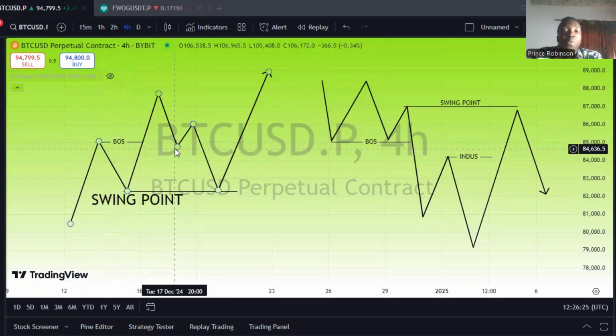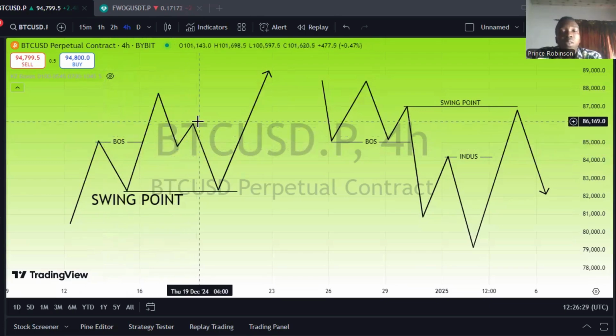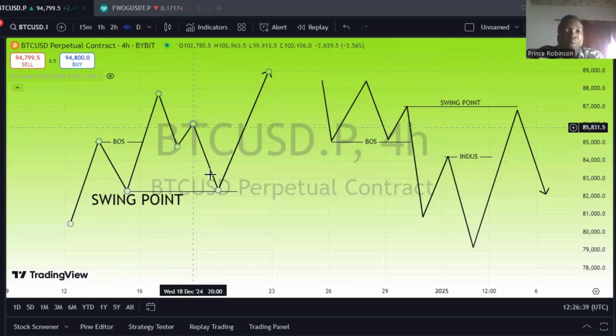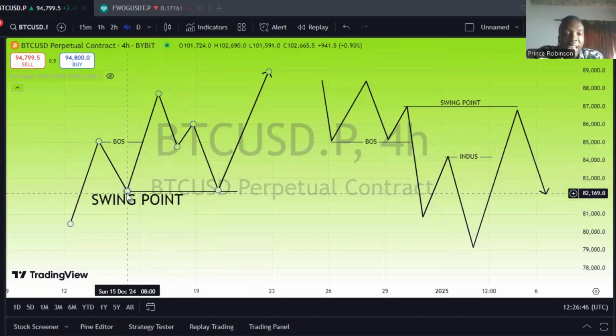All right. It is well convinced that here is a support for them. And for price to react to the upside, some retail traders will jump in to buy. And guess what? All of a sudden, boom, price shifts to the downside, taking them out, sweeping liquidity, making here a valid or a high probability setup. Once price comes down here,